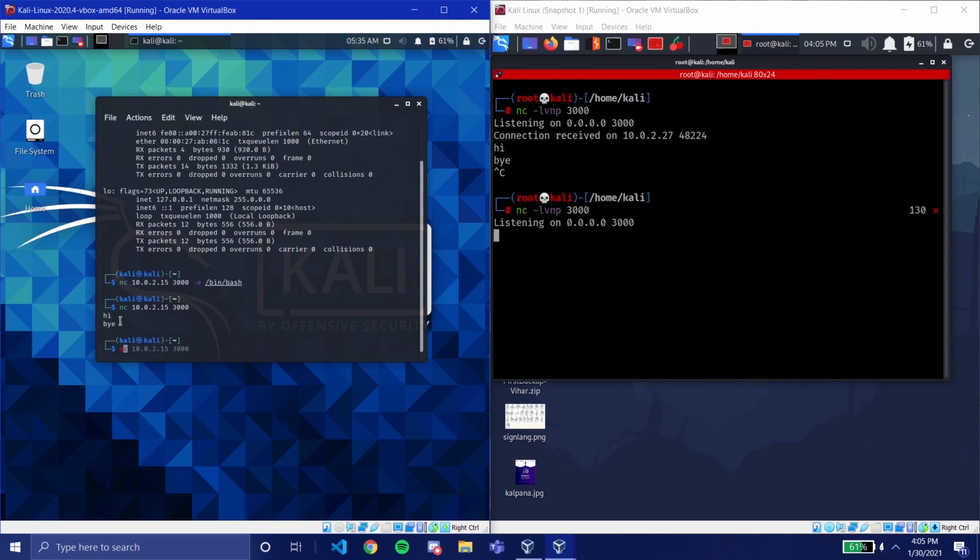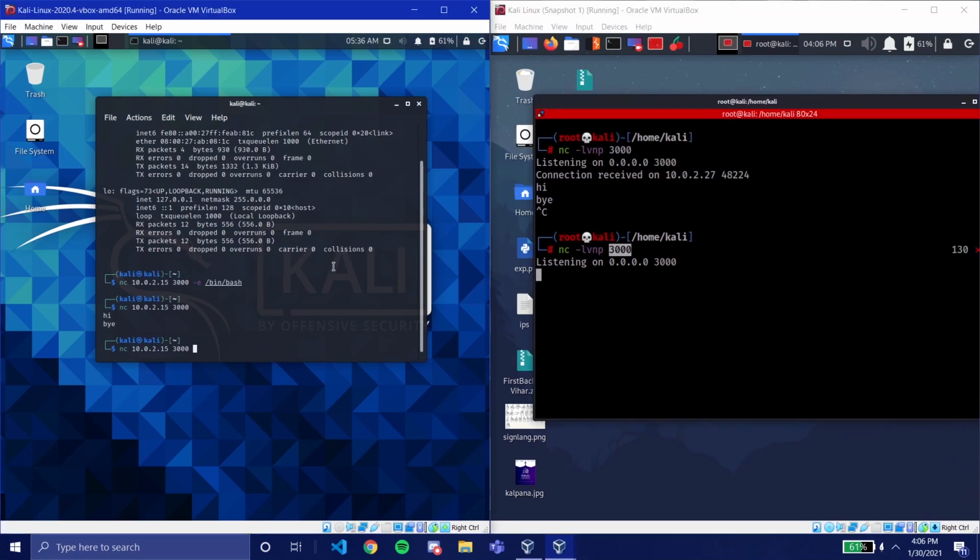How? We already did the command, right? The netcat command, the IP address, the port number. The port is the same port where we are listening. This IP is the IP of this attacker machine, and I tell it to execute something too. That means whatever it listens to here, it will execute on the victim and send back to the attacker. So if I do -e /bin/bash, bash is your terminal interface which you're using.